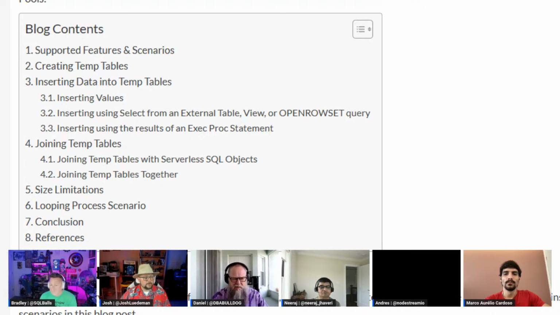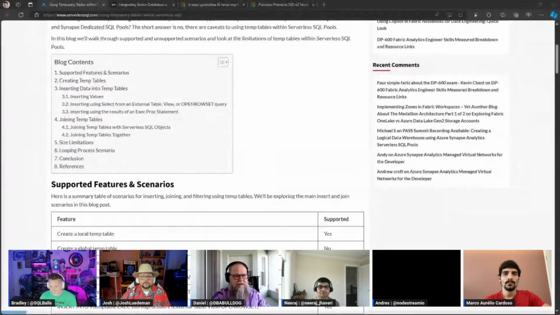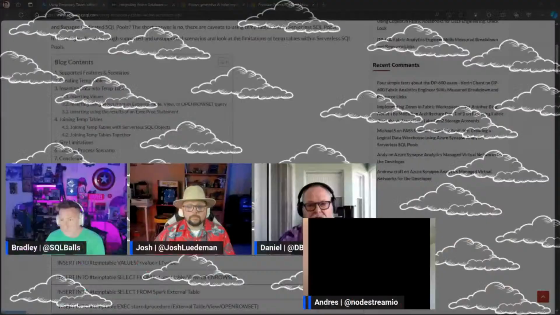Read the article, find out what those limitations are if you don't know them today, and then there's a looping process scenario so that you could possibly use one of these temp tables so that you don't need to keep going back to disk, or ADLS, shall I say, for those subqueries. Great article here, really interesting read. It helped me solve a problem that I was looking at and get us a little bit over a hump. Fantastic stuff. I love it. I love it. It's so good.